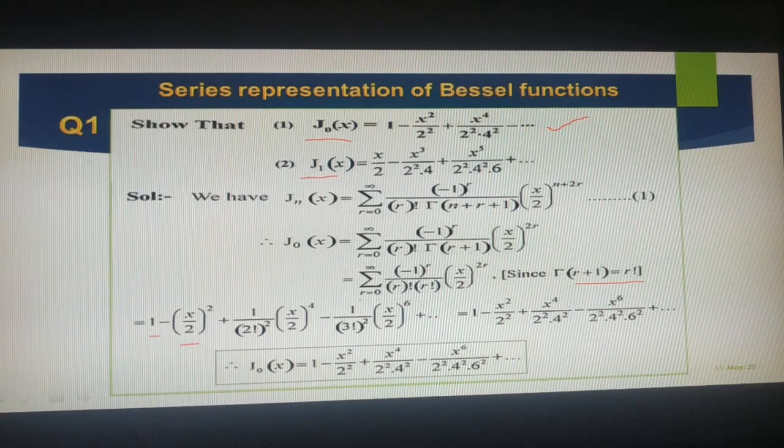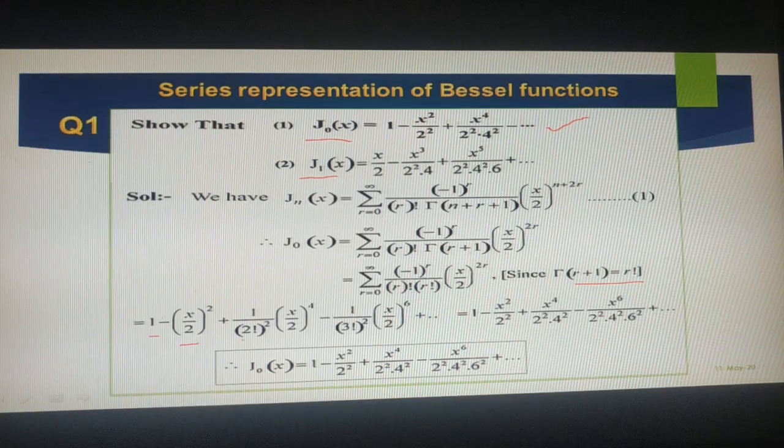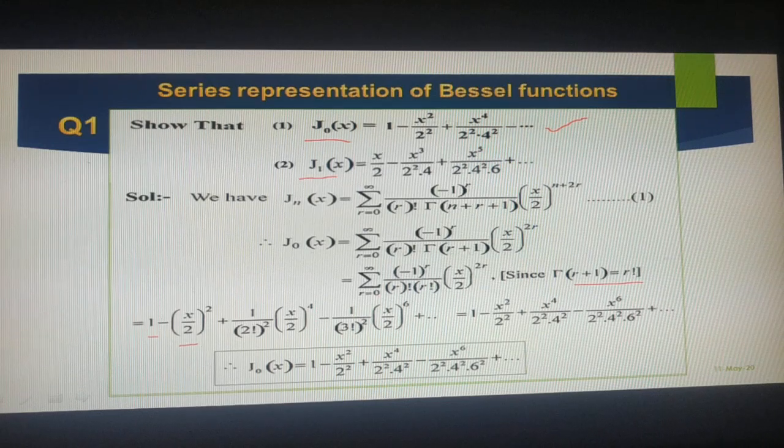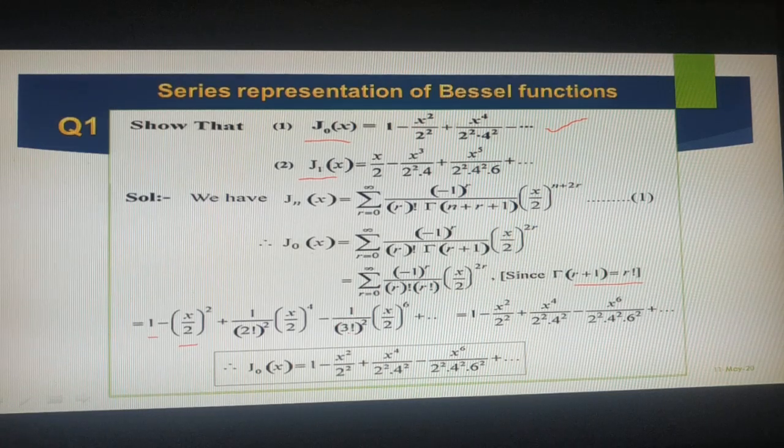And for the third term, r is equal to 2, so we have r factorial whole square, that's why 1 by 2 factorial whole square, and then x by 2 into 2r, that is 4. For r is equal to 3, we will get minus 1 whole cube, that will become a negative value, minus 1 by 3 factorial whole square, x by 2 into 6. Like that, you have to expand all these terms, and